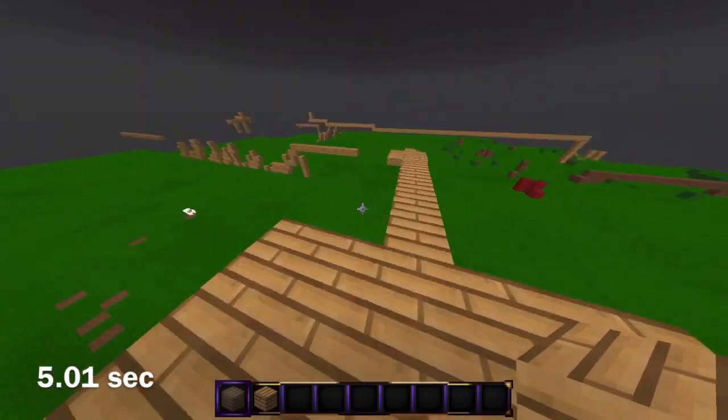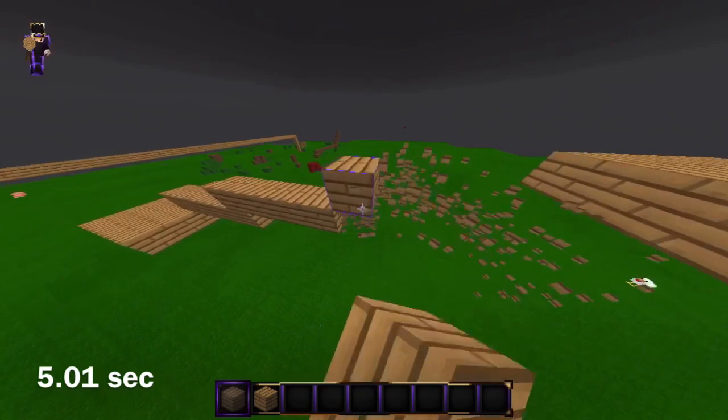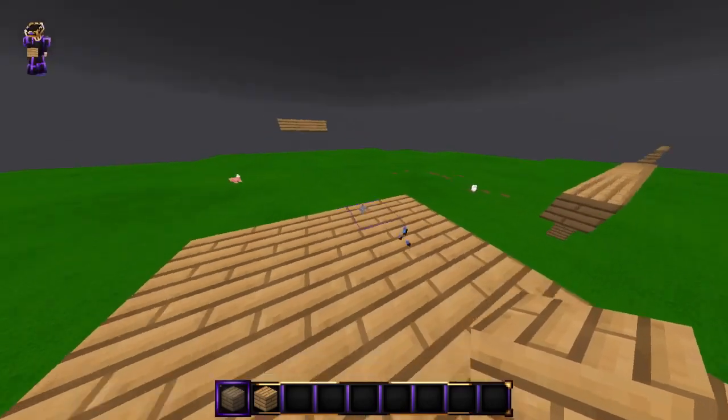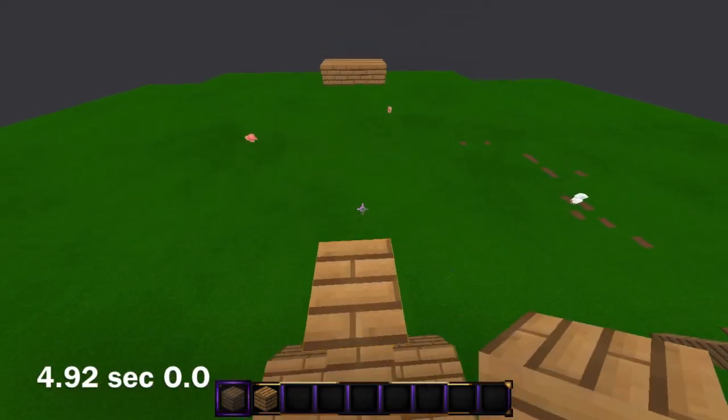And yeah, okay. I don't know how fast that was, but that was me jump bridging. And then I'm also going to do speed bridging. Alright, so now we're going to do just the regular speed bridging, and we're going to go up here, bridge up 3, and then